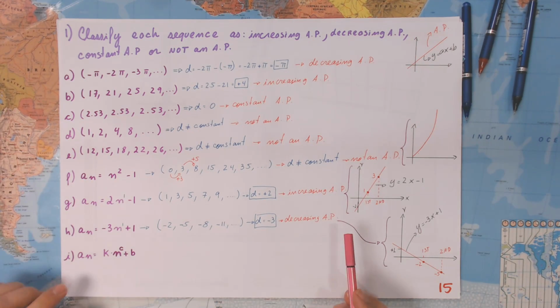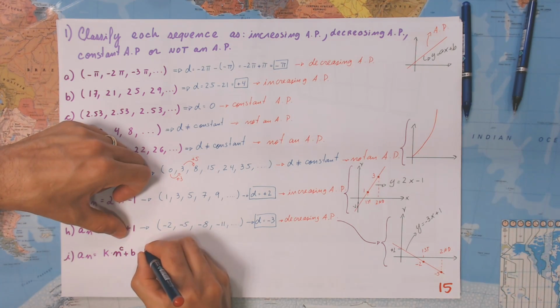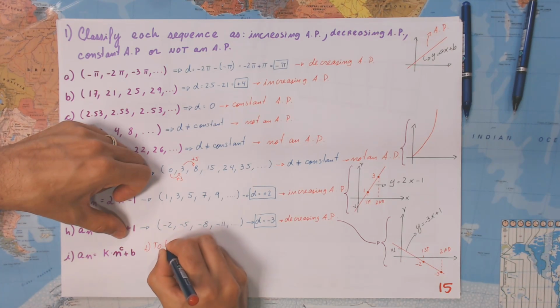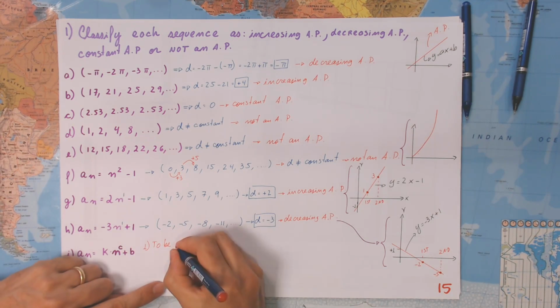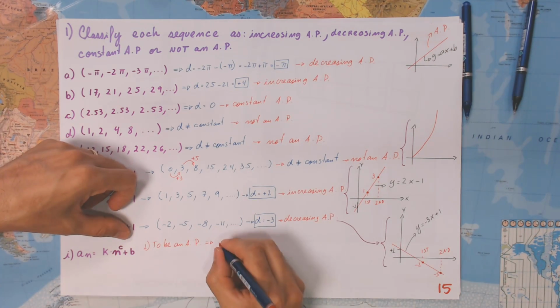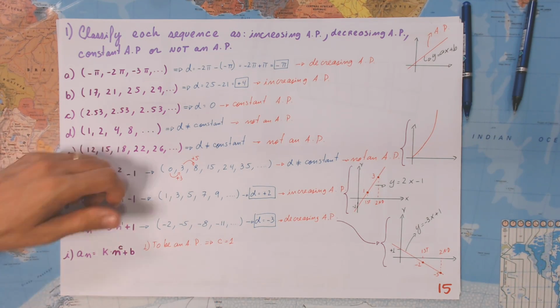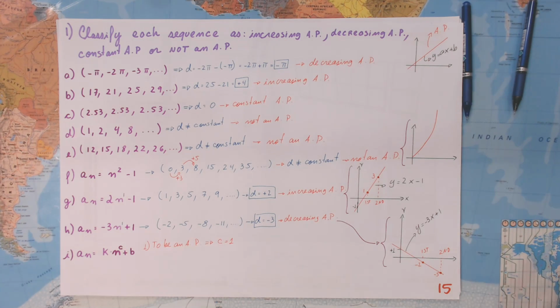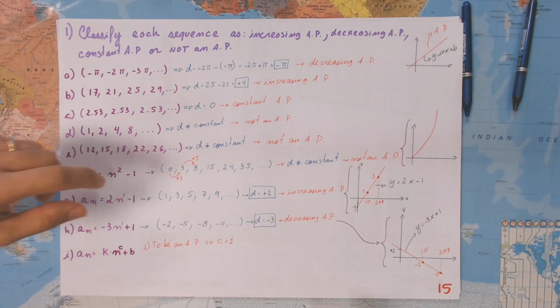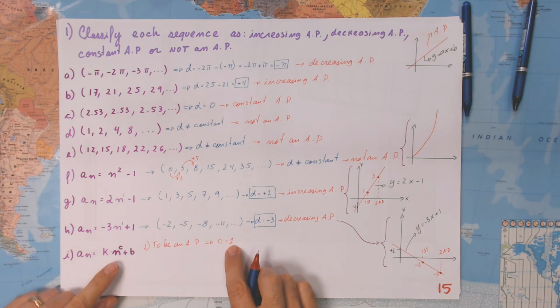Let's analyze everything, okay? Well, first, I'm going to build like this. To be, first, to be an arithmetic progression, C must be equal to 1. Okay, this is the first point. But it could also be 0. Okay, it cannot be greater than 1. So let's put it like this. It must be 1 or 0. Okay, because if it's 1,